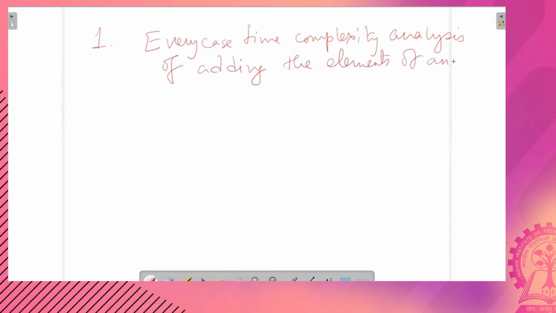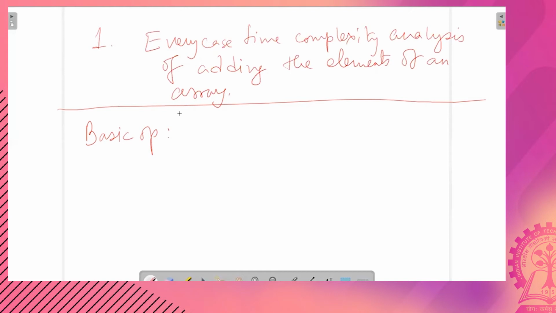Whenever you do such time complexity analysis, you have to be very, very precise. By precise, I mean in all such analysis, you have to identify the basic op and write it down. So what is the basic op in this case?